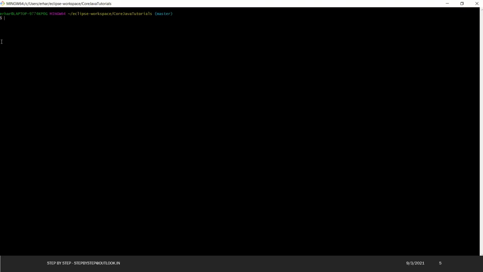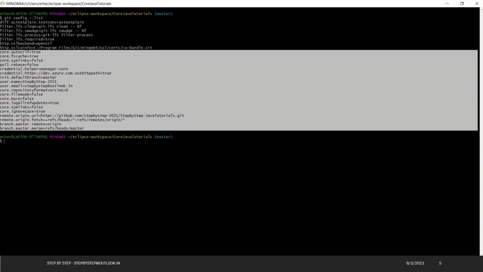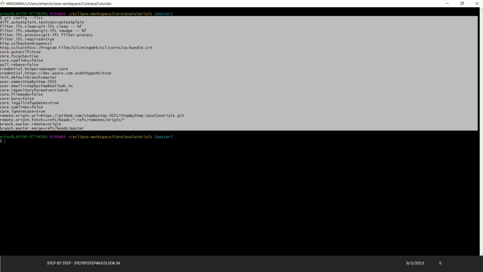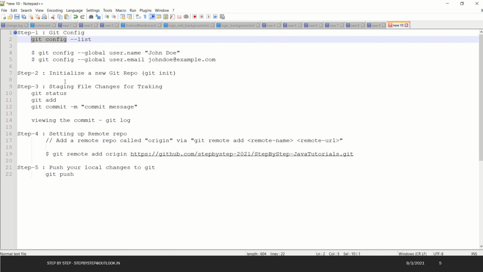I missed two things in the earlier recording. One is how to see the git config. What I was doing was just entering git config, but we need to check the list as well. To list out the current git config, use the list option, and this will list out the git config. It was there in the steps file, but somehow I was just typing git config, and that's why it was not showing the list of the git config.